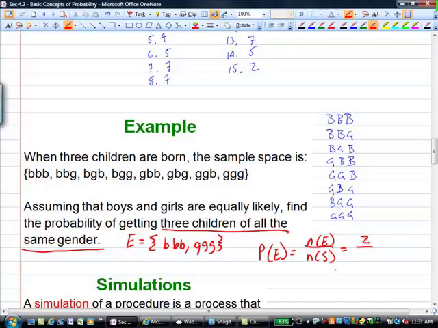How many elements in the sample space? 8. And that reduces to 1/4 or 0.25. So the probability of having 3 of the same sex children would be 0.25. What type of probability is this? Empirical, theoretical, or subjective? Theoretical, because we're assuming that we have an equally likely chance of having a boy and